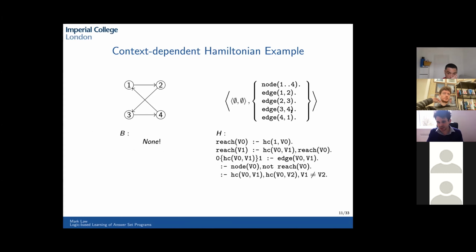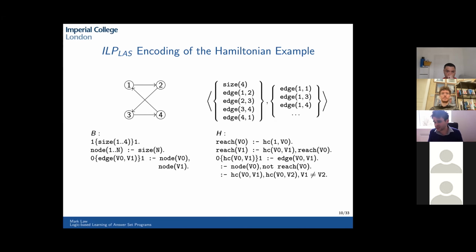And so it actually means that this context union the hypothesis, in the case of a positive example, has to be satisfiable, so have at least one answer set. And in the case of a negative example, it has to have no answer sets. The reason why we might want to do this for problems that can be represented in a non-context dependent way is that it can actually be extremely efficient. So with the previous representation, if we gave this to our learning system ILASP, it would have to reason about all of the answer sets of the background knowledge and then actually cut them back based on the inclusions and the exclusions. So there's this extra reasoning which is actually unnecessary.